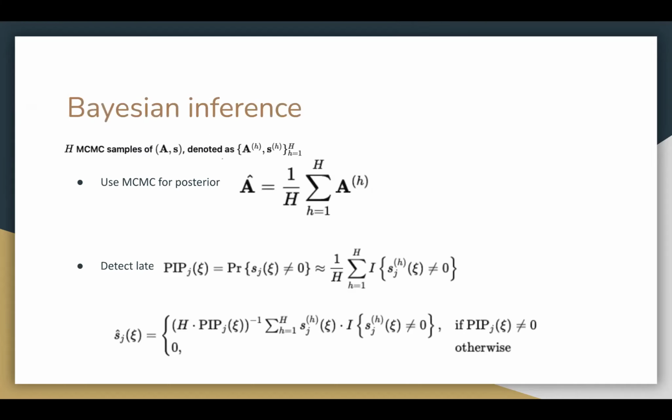Okay. So for the Bayesian inference, how do they decide the final mixing matrix? They are trying to use Markov chain Monte Carlo. If you have eight samples of the pairs, a mixing matrix and latent sources, the mixing matrix will be the average of all of the samples. And for detecting the active regions, they first need to compute